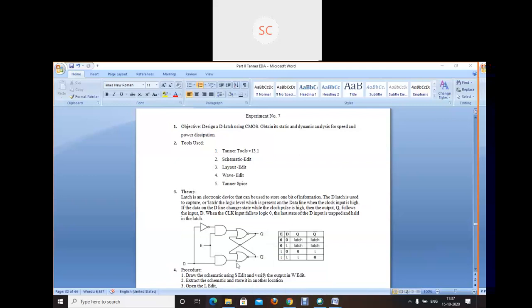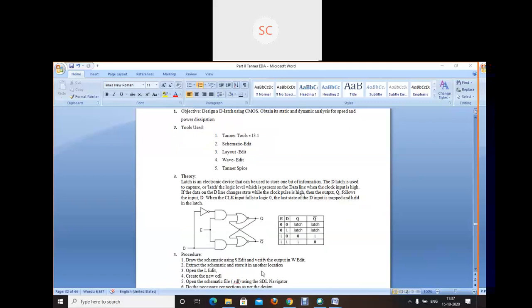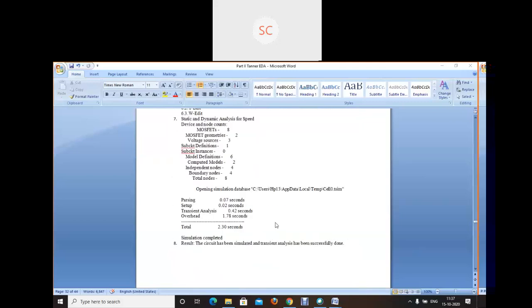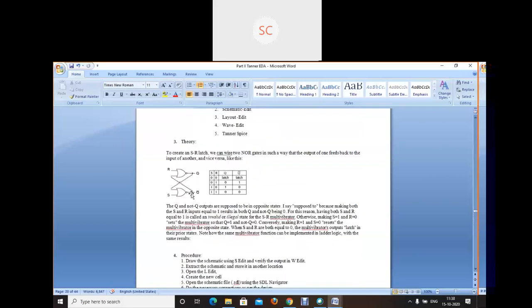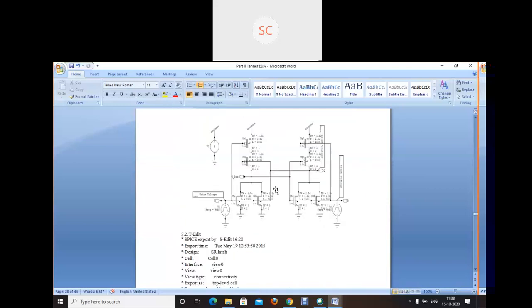Now in this circuitry, what is going to happen? There is this diagram I suggest you make. As I told you, in the SR latch we used 2 NOR gates. In this design, in one NOR gate I am giving one input, and the other one is feedback. Here in the same way, Q bar is coming to S and Q bar is going to R. The same thing is replicating here.